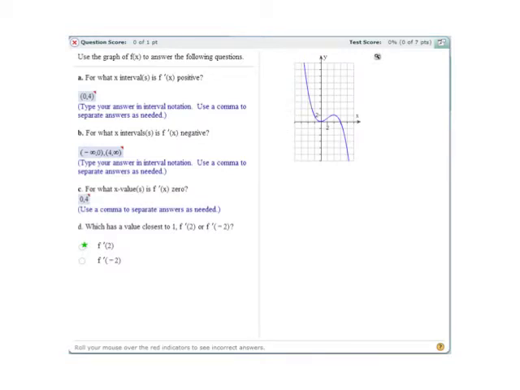This problem is about identifying where a derivative is positive, negative, and zero. So one thing we need to remember about the derivative is what it represents. It represents the slope of the curve at a given point, or the rate of change of the curve at a given point. So if we remember from looking at linear functions, slope is positive if it rises from left